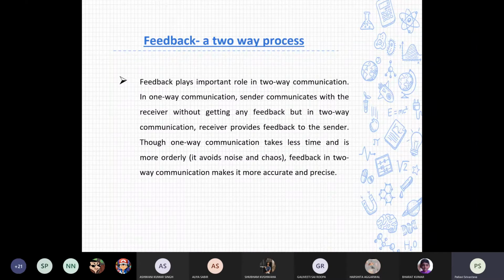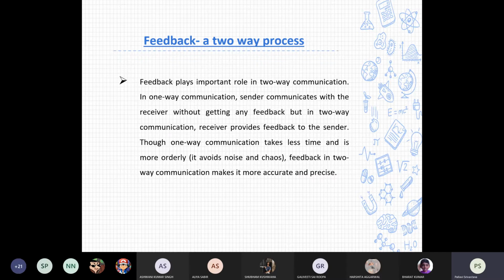So the person who is making the announcement does not get any feedback, or at least any immediate feedback. It might be like a flight is about to leave and only one passenger has not reported. If they make an announcement and then he turns up, they will get feedback there. But generally, when announcements, notices, policies and rules are concerned, they are one way. They just announce it, and you are supposed to follow them.